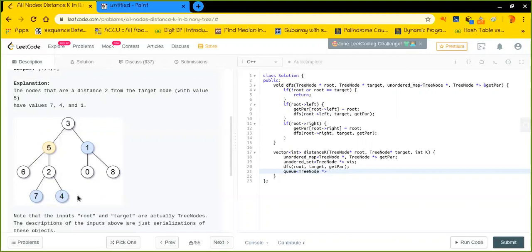So the queue will be of node type, and let's say this is queue. So first of all, I will be pushing the target node right here. Okay, let's say I'm right here, just push this node, right? See, basically when the DFS ran I have mapped all the nodes. I also have mapped this one, as this is the child of its parent 3, so I just have mapped 5 to 3. All right, so there is no problem to move upward then.